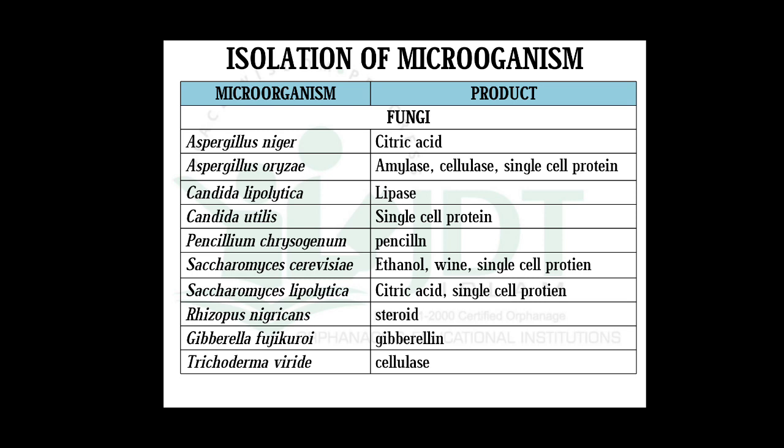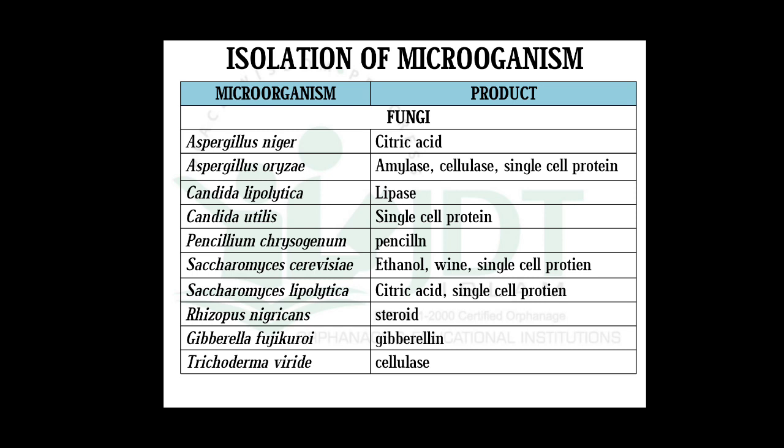Aspergillus oryzae for amylase, cellulase and single cell proteins, Candida lipolytica for production of lipase, Candida utilis for the production of single cell proteins, then Penicillium chrysogenum for the penicillin, then Saccharomyces cerevisiae for production of ethanol, wine and single cell protein, Saccharomyces lipolytica for the production of citric acid, single cell proteins,